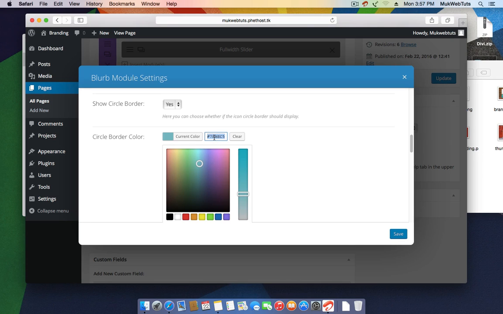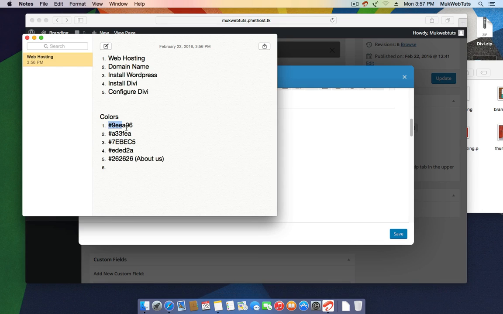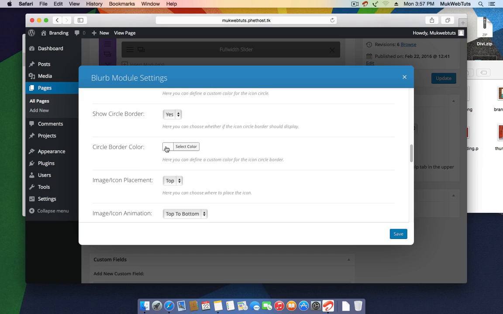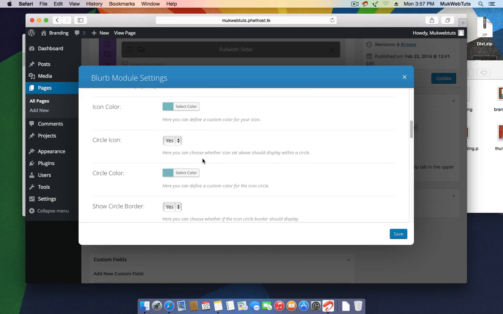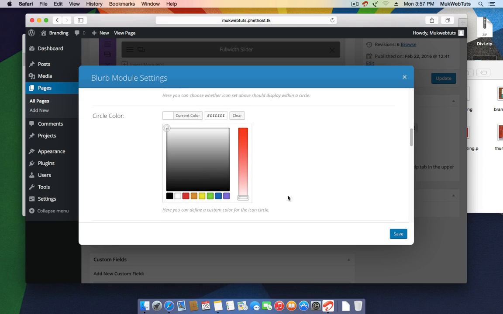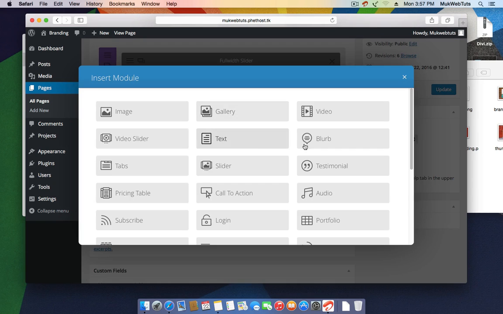Okay, this is supposed to be the icon color, not the borders. And this is supposed to be the border colors. And I come to circle border color, I'm gonna give it this, and turn the circle color to white to make it transparent. I'm gonna click save. I'm gonna insert another blob, and I'm gonna turn this to